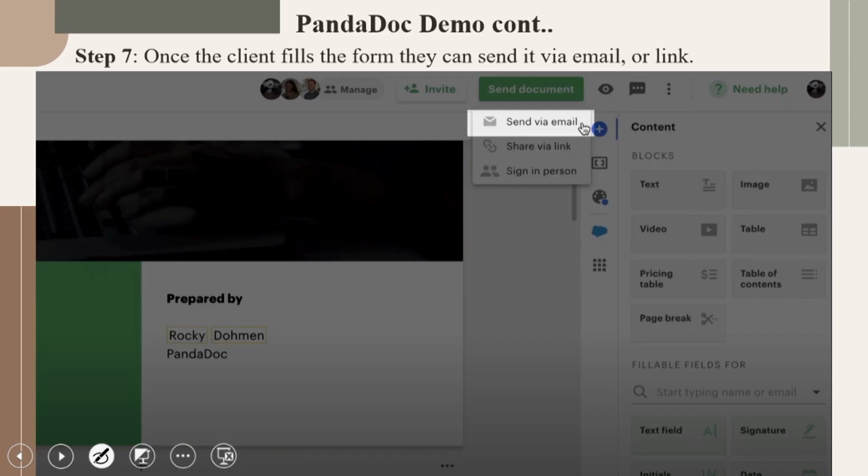So again, the beauty of this is that everything is integrated. You can always send via email, via link, sign in person. So all these things are already integrated. In just a click's time, you can send everything. You don't need to again log into your mail or make this as a practice again. It is not double work. You can have an integrated platform here directly. You can shoot a mail from here.